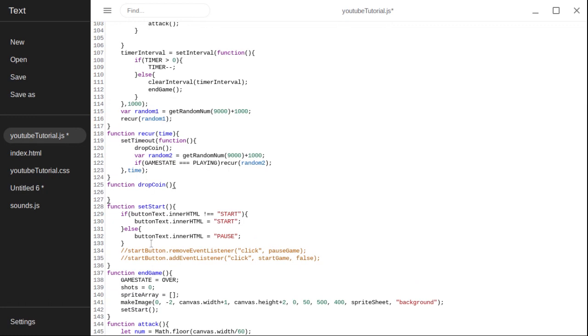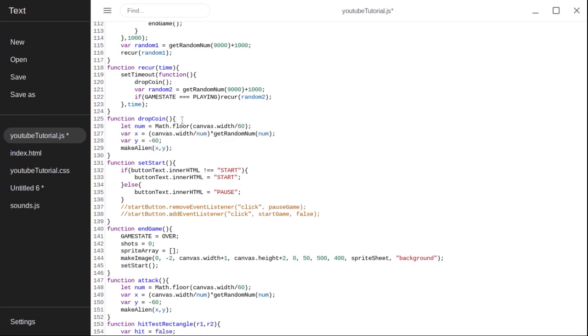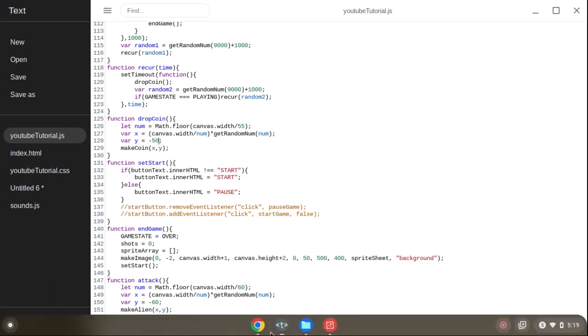just exactly like the aliens, we want that code. So we're right here where you say attack, copy all that code that's in attack. So that, remember, that makes an alien above the screen. That's what we want to do with the coin, except we're not making an alien, we're making a coin. And an alien is not 60 wide, it is 55 wide. And I happen to know that, so change the 60 to 55. And then it's also only 50 tall. Alright. So now, if I've done this correctly,